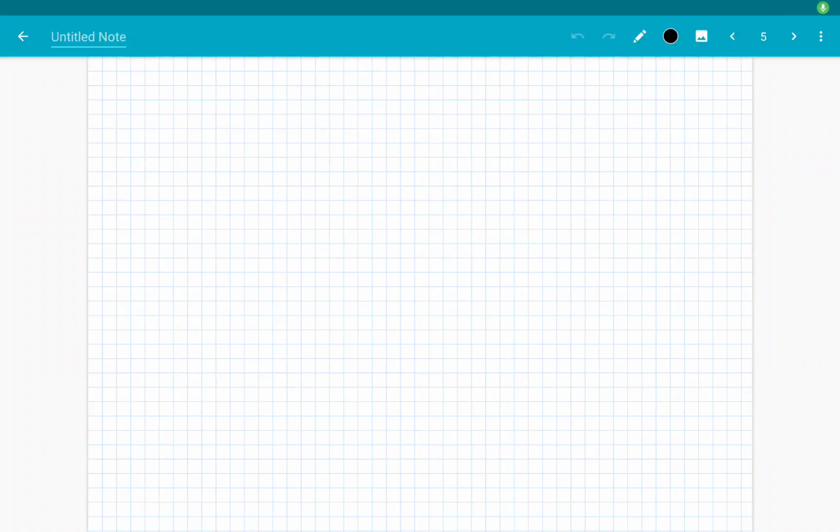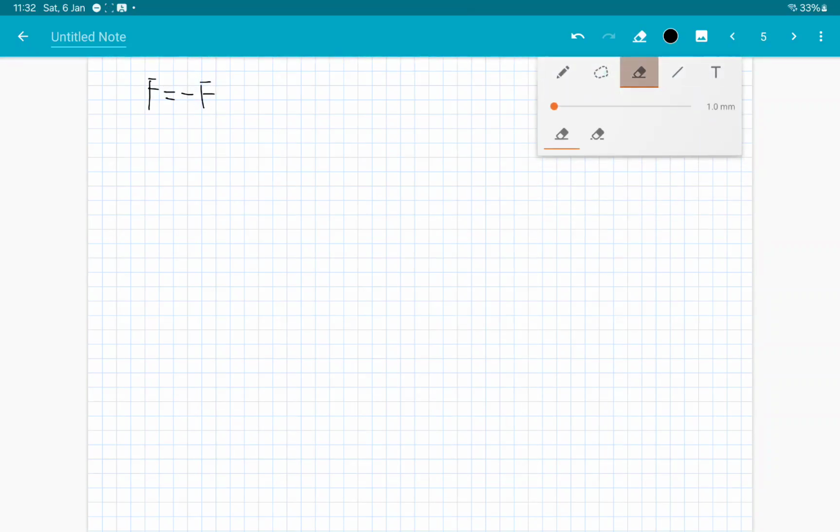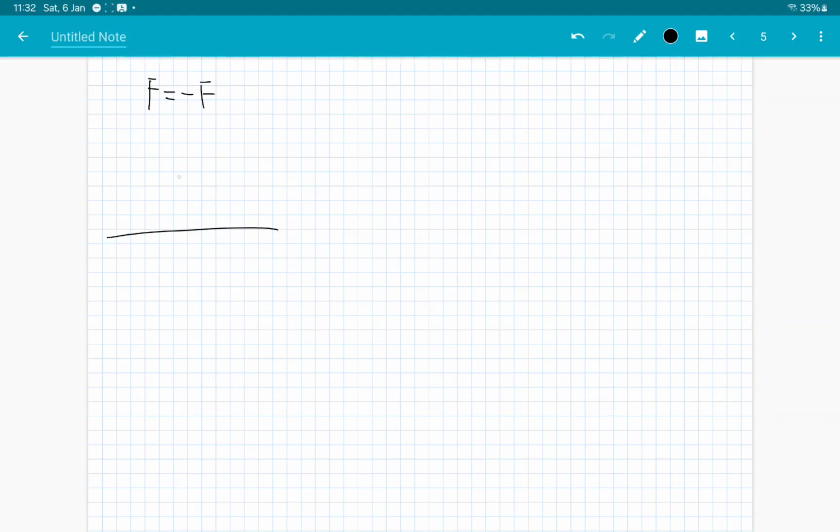Alright, hi guys. So today we're going to talk about normal and reactional forces that are acting onto two separated objects. As we know, according to Newton's third law of motion, every action has an equal and opposing reaction of equal amounts, and what we know from the study of statics is that if I have a flat ground,